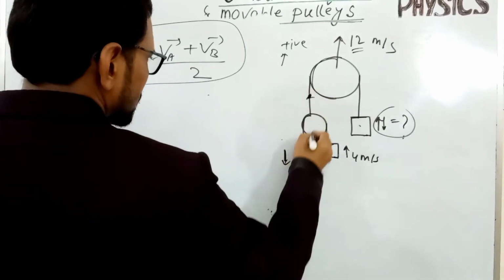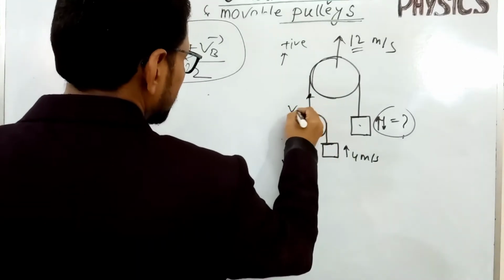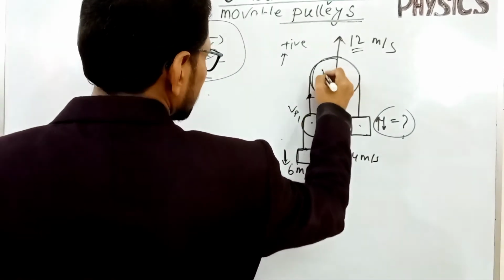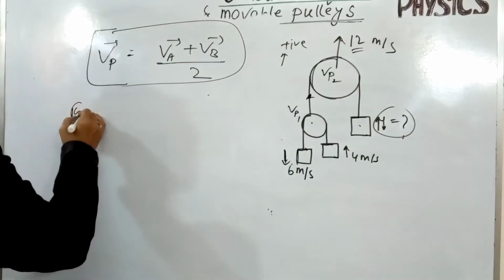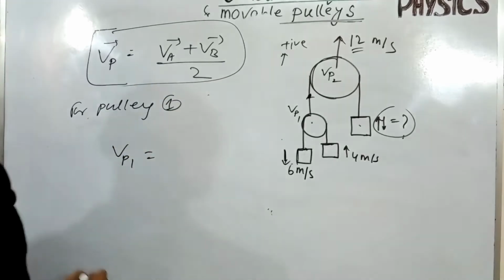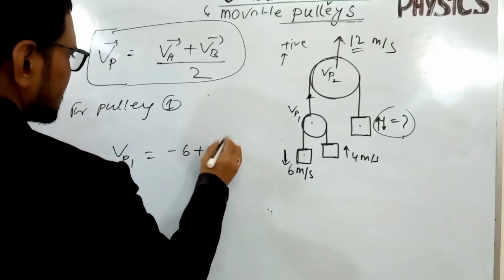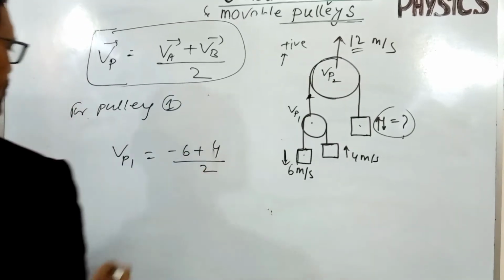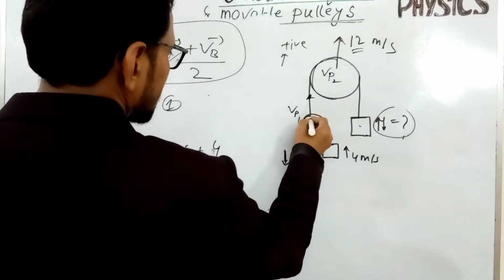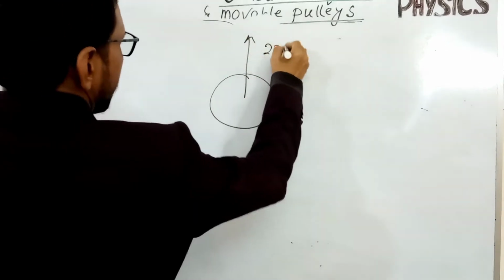So velocity of this, from this we get velocity of this. Suppose velocity of pulley Vp, we have to take velocity of Vp, pulley 1, and this is pulley 2, Vp2. Pulley 1, what is this? Vp1 equal to upward, suppose this is A, this is B, Va downward, Vb upward, 4 by 2. So from this we get -1,